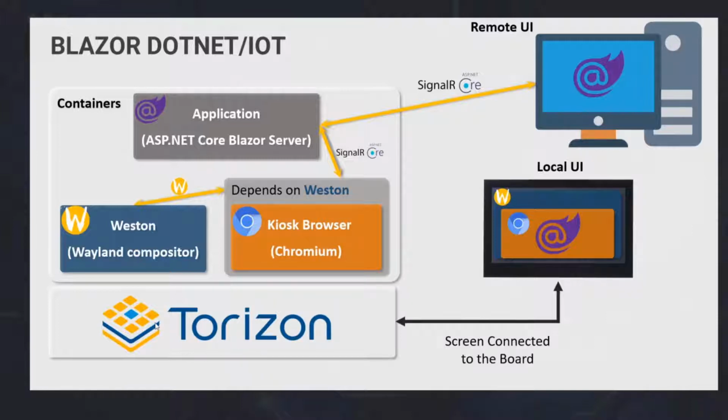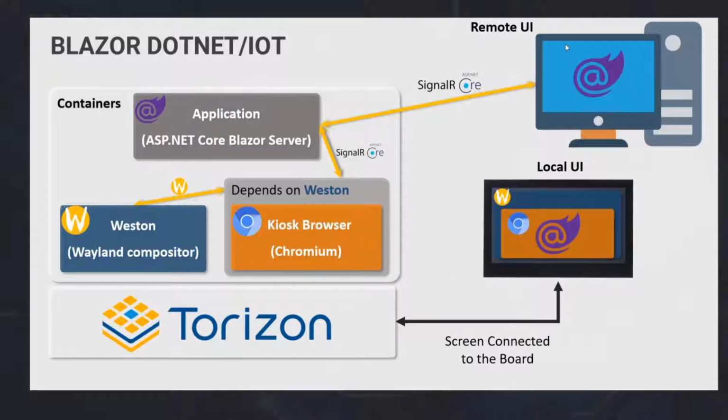It is the only thing that is running on the Horizon, the Docker runtime. And inside the Docker runtime, we have the containers, that is, the applications, right? I have a video renderer, a video compositor, the Wayland Weston, and this is showing my Chromium that is opening my application that is a Blazor Server application, right? And I can access this application on my local UI because this is connected on my device,